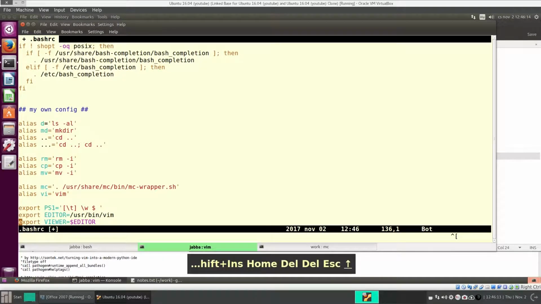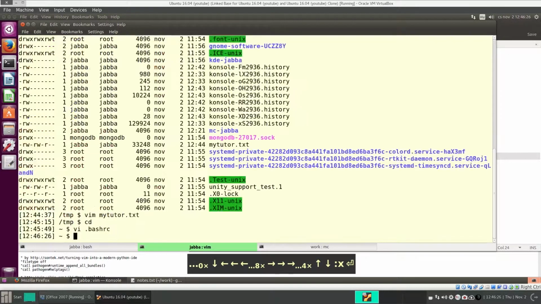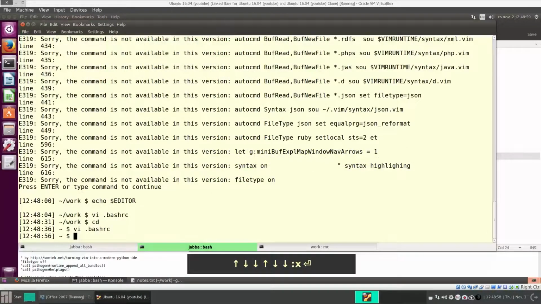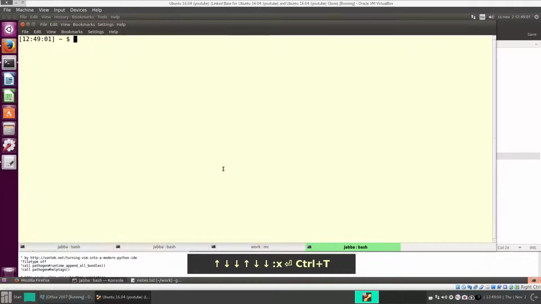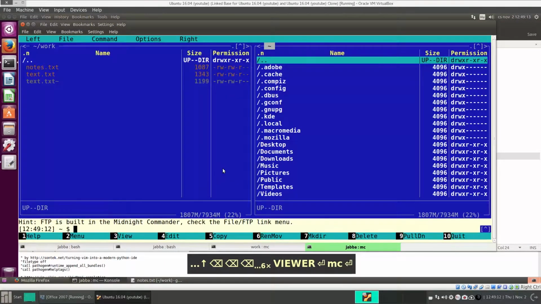Okay, so editor, this variable will contain the path of Vim, and the viewer will also contain this value Vim. Let's save it and open. Don't forget to open a new tab, and now in this tab these variables are visible. Now start MC,